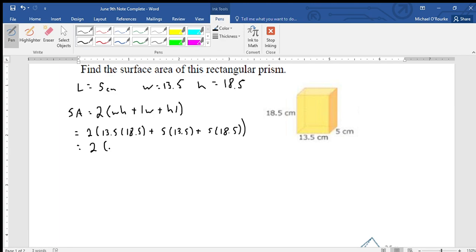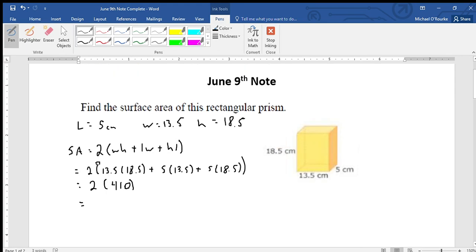5 times, exciting math as I do my calculations. So I got 409.75. So 409.75, I'm just going to update it to 410. 2 times 410, oops, is 820. Now, I usually don't write in my measurement all the way through here. I go back, I figure out what it is, centimeters, and surface area. So surface area is going to be square